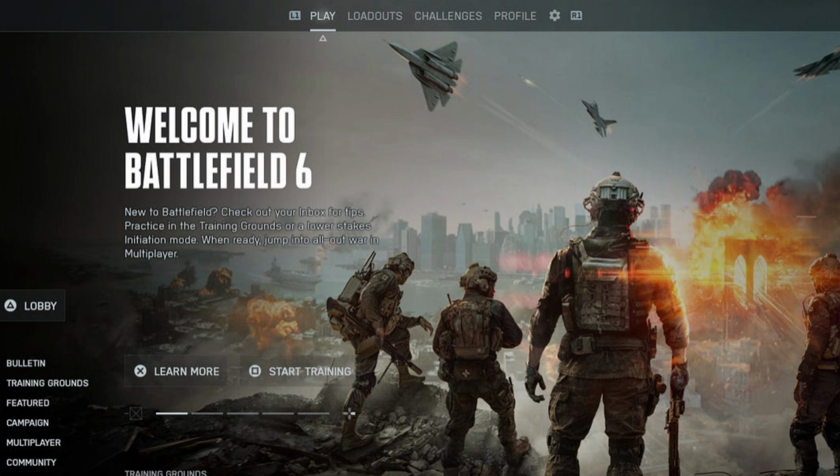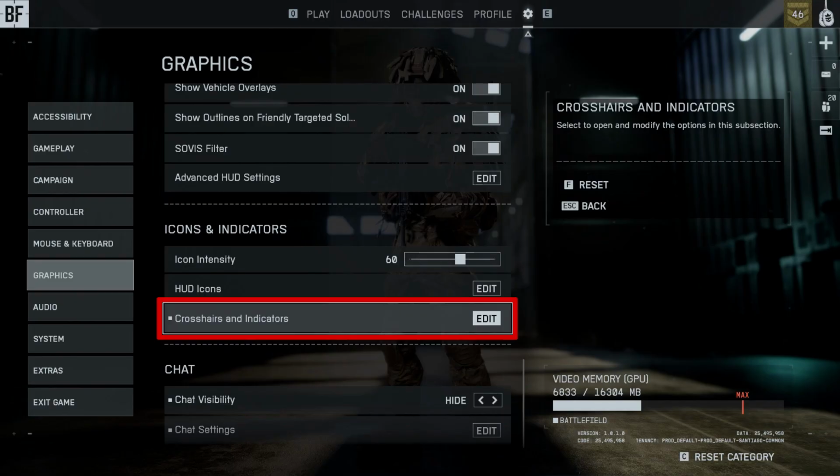First is of course open up your Battlefield 6 and from your home dashboard or from your home screen, you should be able to see the gear icon beside the profile feature. Tap on the gear icon that will redirect you into settings and then choose on graphics and next is choose